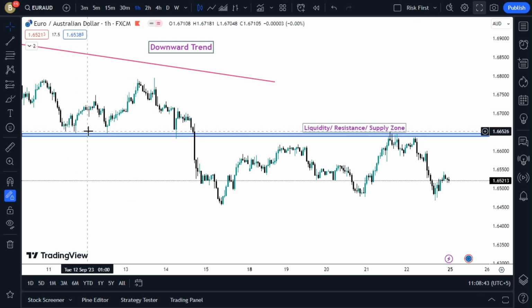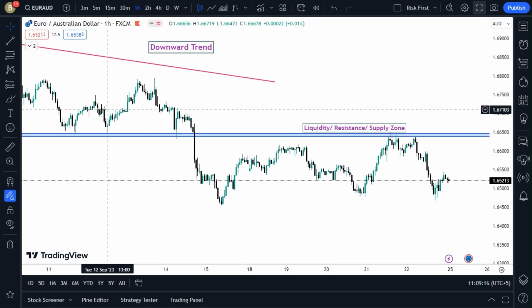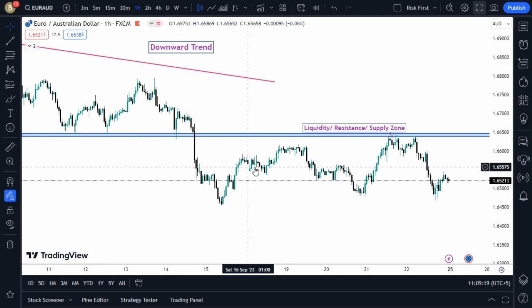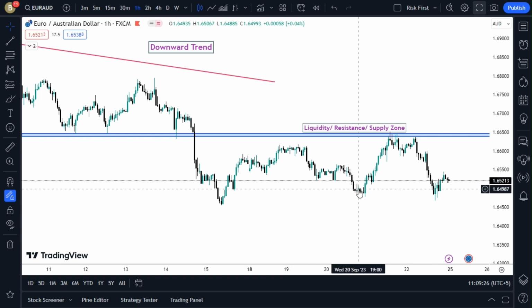Here I can simply say that I am wrong. The price hasn't respected the previous resistance, support turned resistance. I can come out of this trade with a small loss. But here, if I have taken this trade with respect to this particular support, I don't have a tangible stop loss here. So the purpose or objective of this video is to patiently wait for